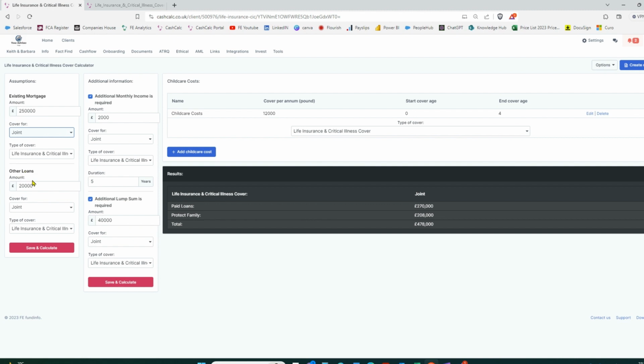Also, there's a loan outstanding, a £20,000 loan that also needs to be covered by an insurance policy, again on death and critical illness. And we divide them into 2 parts: paid loans, but protect family are the others. So there's an income requirement as well. Again, on death or critical illness, the client requires a £2,000 a month